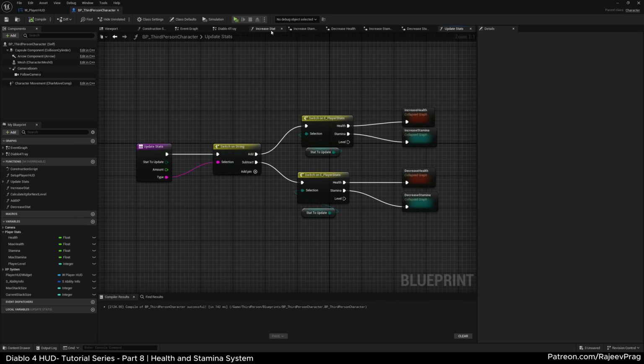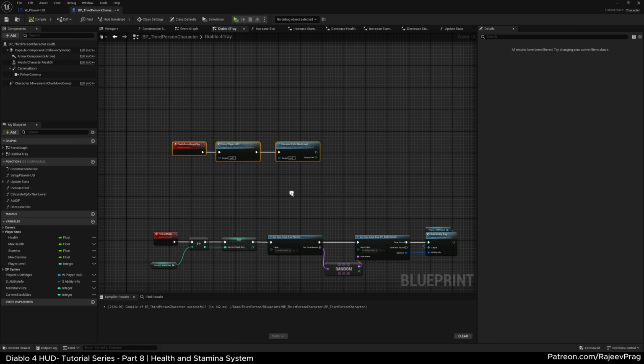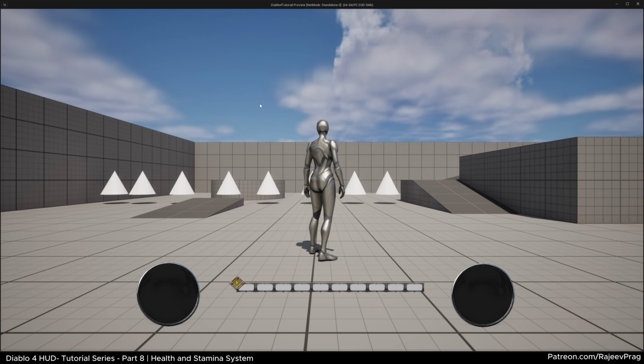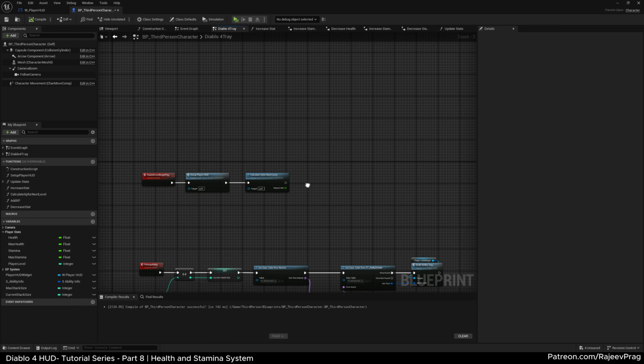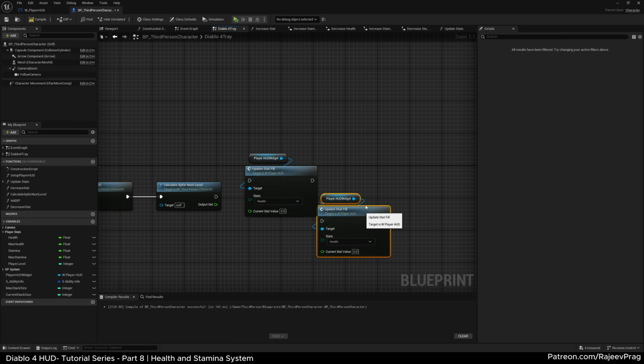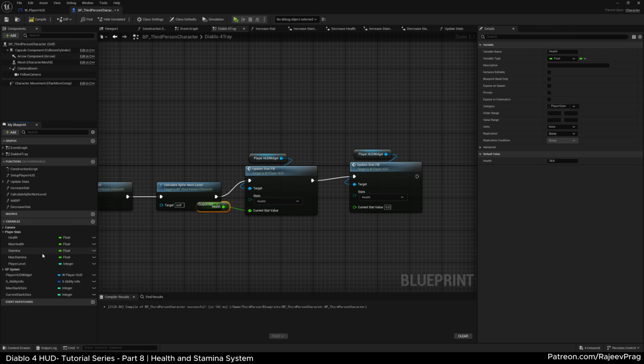Well, one more thing that we do also want to do is when the game starts, this is our begin play, we want to set our HP bar. Right now, if you see the HP bar is empty because we emptied it out in the material. So we want to set up our HP bar based on our current health and stamina stat. So I'm going to copy and paste that exact same function that we were just using. I'm going to say as soon as the game starts, take the player health and the stamina as well. Take the player stamina